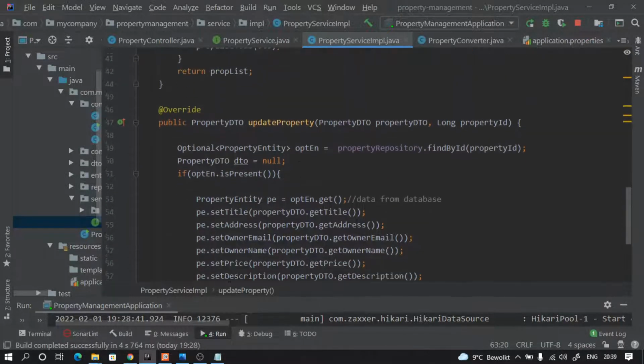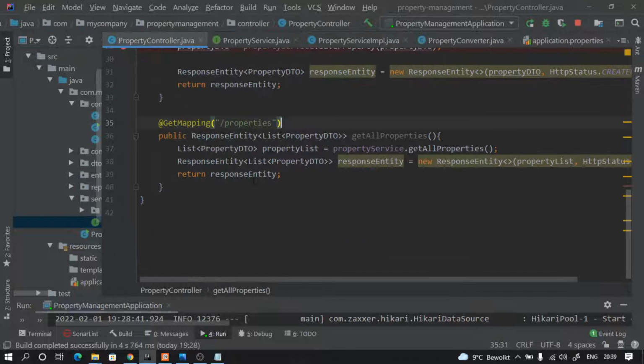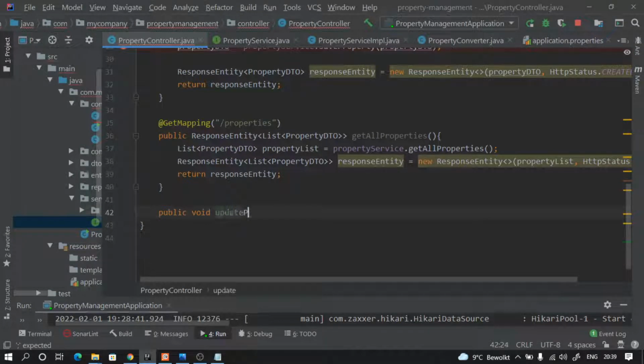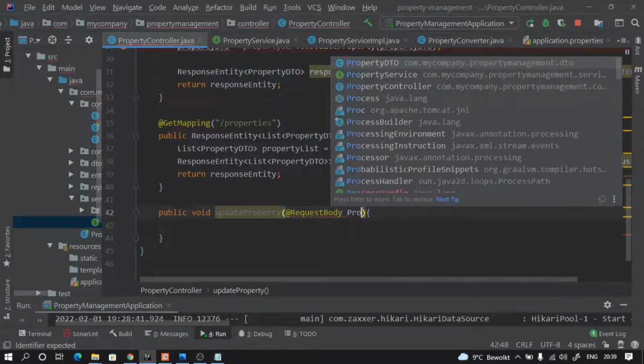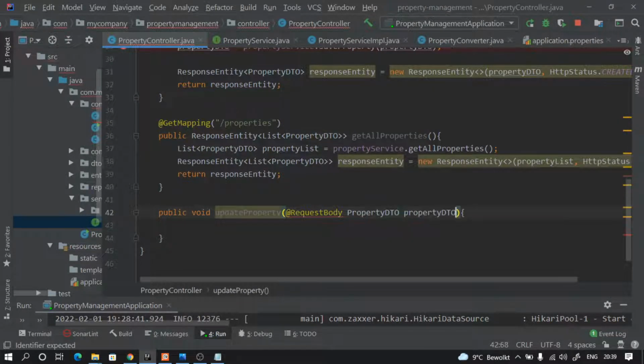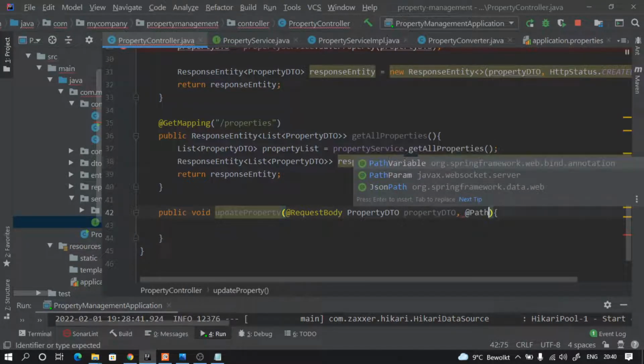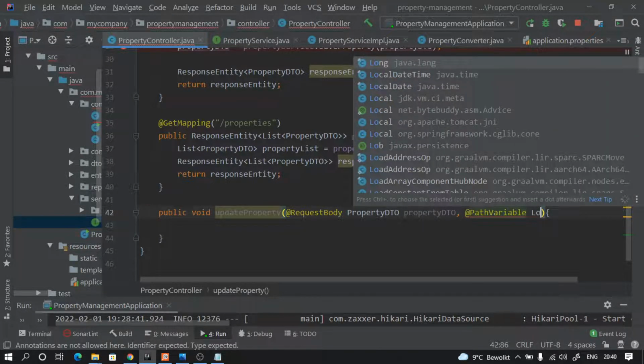Perfect. And now this is the method. Now we will call this method from here, from our controllers. So we will say public, for now let's say void, update property. Now this will take two parameters. One is @RequestBody PropertyDTO, and then @PathVariable long